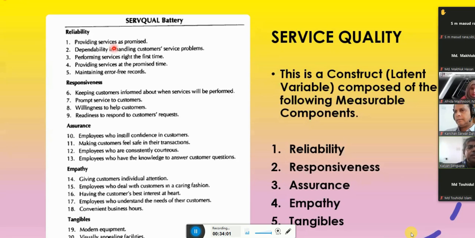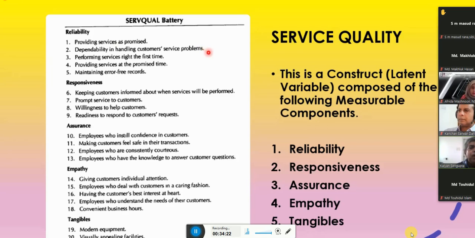For measuring reliability, I can say that they provide services as promised. Another question can be dependability in handling customer service problems. That means I depend on them; they can handle my services well.